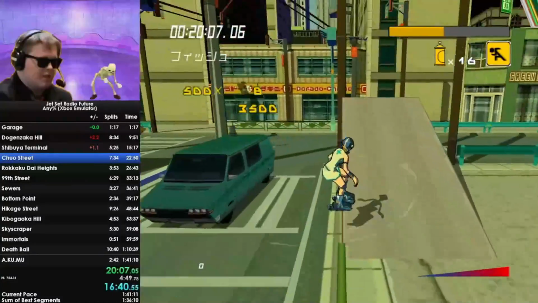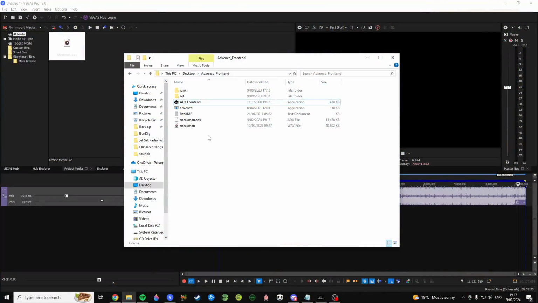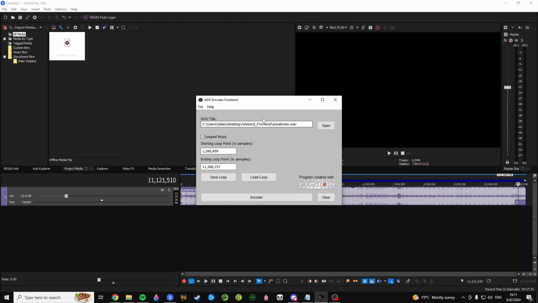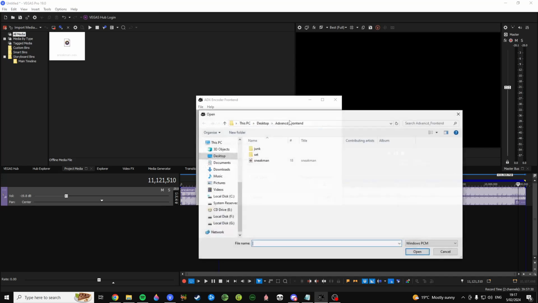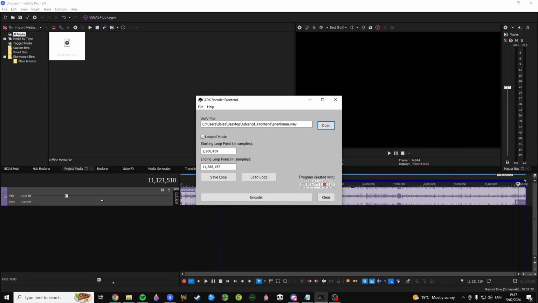Then, with the ADX converter, you want to make sure that you place the WAV in the same directory as the converter program. Make sure that the directory path also has no spaces in it because I'm pretty sure that messes it up too. I would recommend just placing the ADX converter folder on your desktop to not overcomplicate things. Open up the converter, place the WAV file in this box, then specify your loops and then just